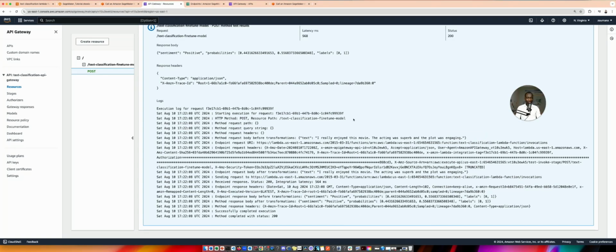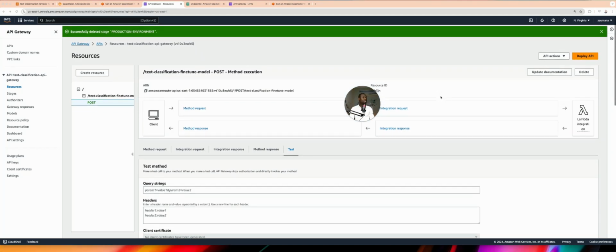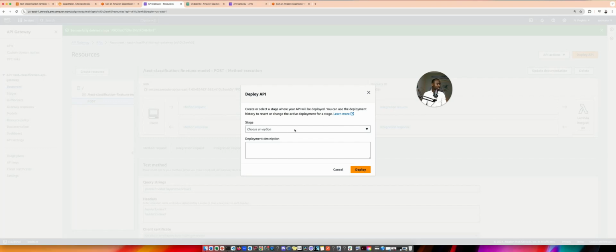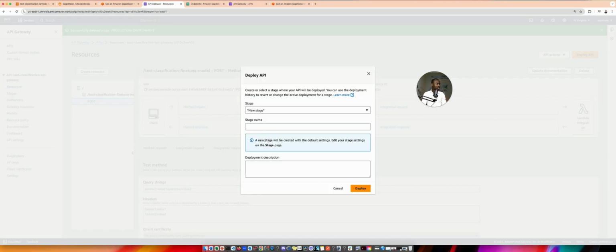Now, let's say that your team has tested that API and is completely happy with everything. The next step is to make that API available to the public users. And to do that, you need to deploy your API. This is done by selecting the deploy API section, and the stage, let's say new stage, and the stage name, let's say deployment